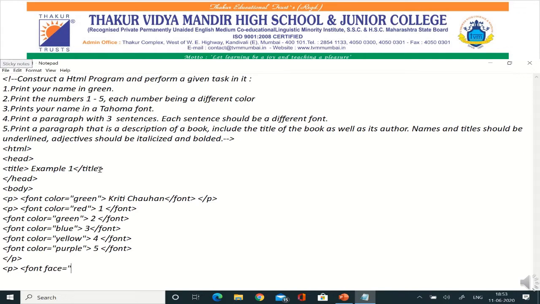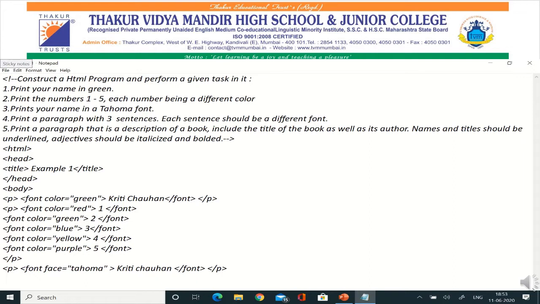Face helps us to change the font styling. So here the style is Tahoma, and now close the font style and write the name. And close your font and close your P tag.